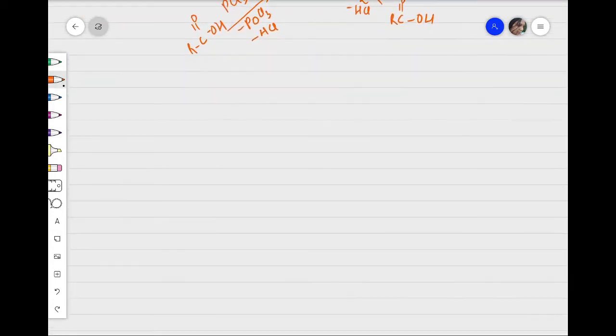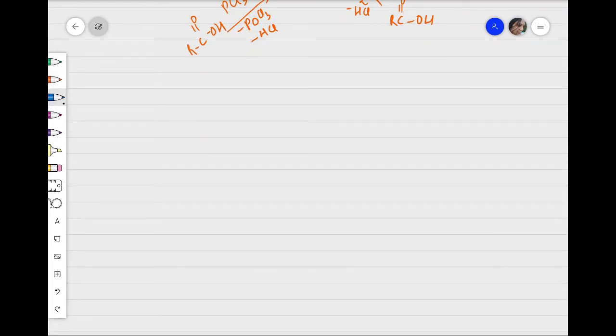carboxylic acid. Okay, so here RC double bond OH is our acid. Okay, so